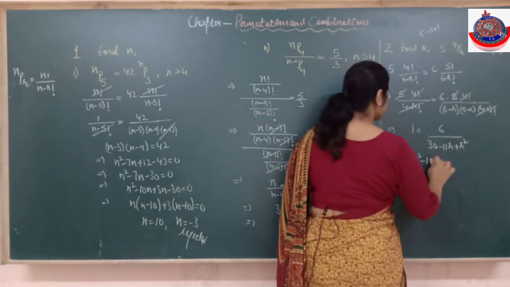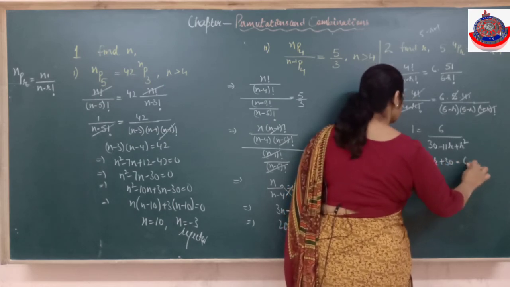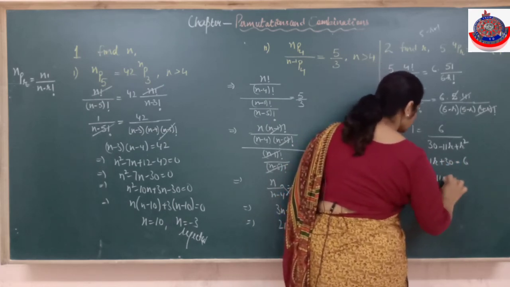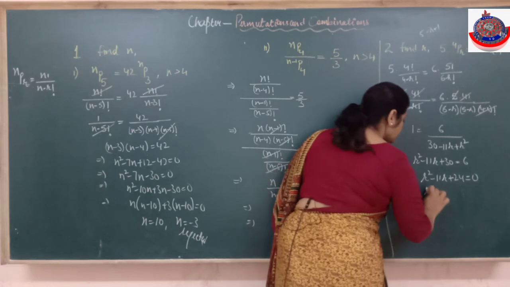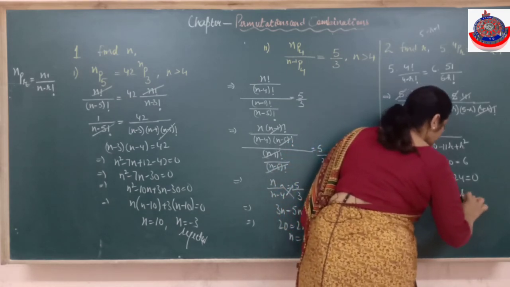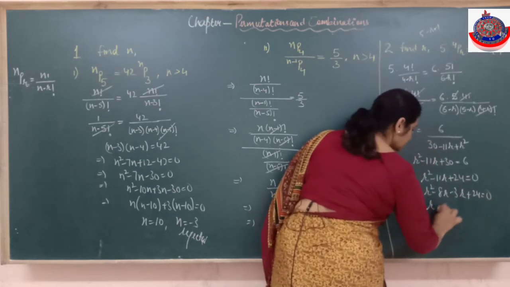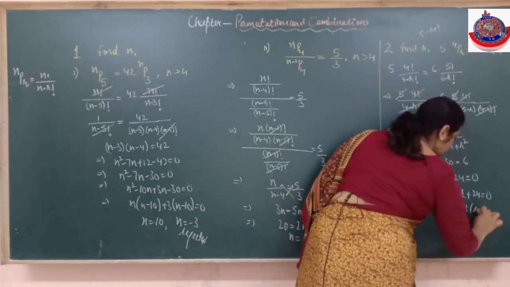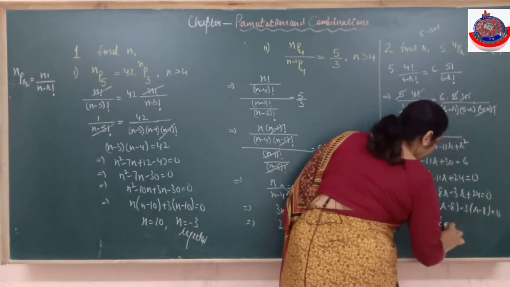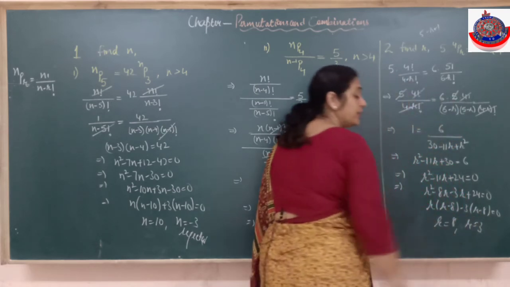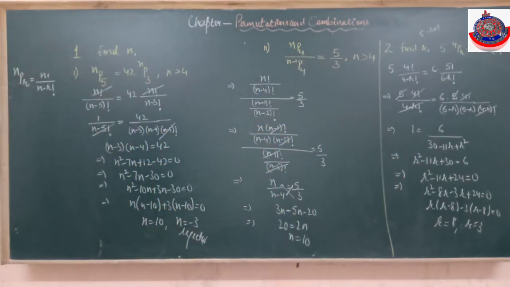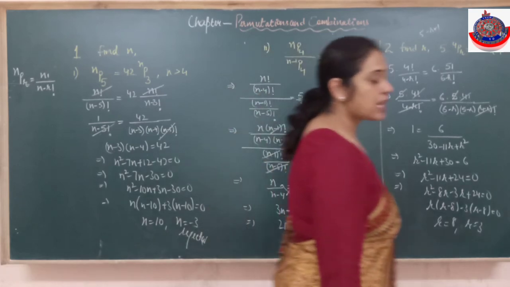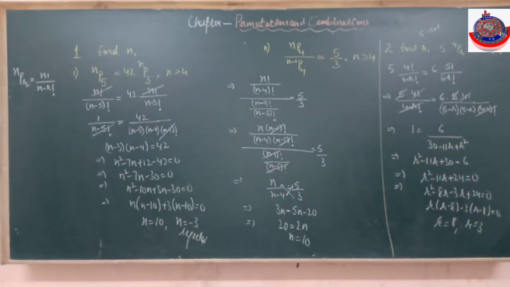Cross multiply. Factors. So I have value 8 or it can be 3. The value of r can be 8 or it can be 3. For both the things, your answer is going to be the same because both are positive, so both are valid. Is it clear? So this is how, just the basics, how to solve this P word, nPr.